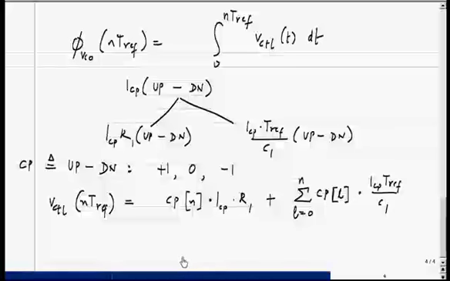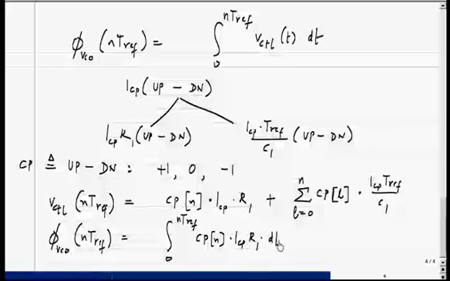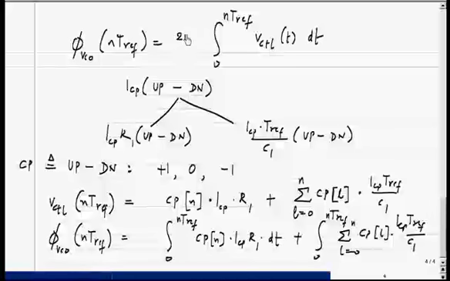And the phase of the VCO is nothing but the integral of this quantity. I missed a constant 2 pi times KVCO here, that also needs to get